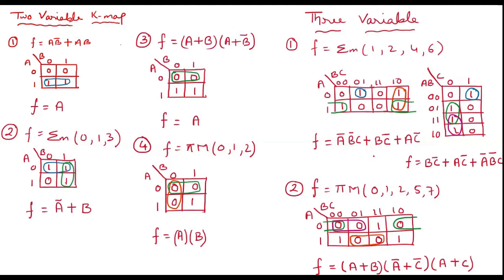Okay. Now see, for this pair what I am getting: A is changing, so B and C are constant, so B C complement I got it. And for this lower one, I am getting A is constant, and then B is changing but C is constant, so I am getting A C complement, I got it.